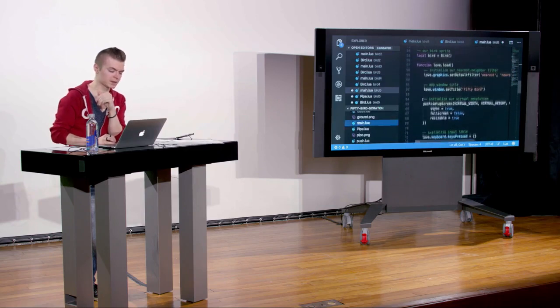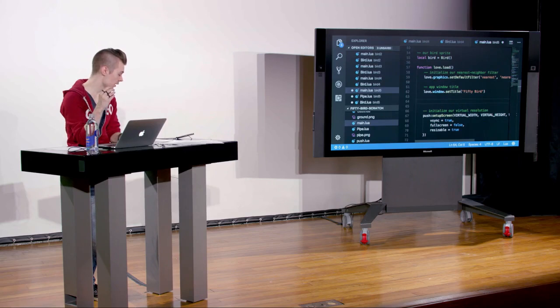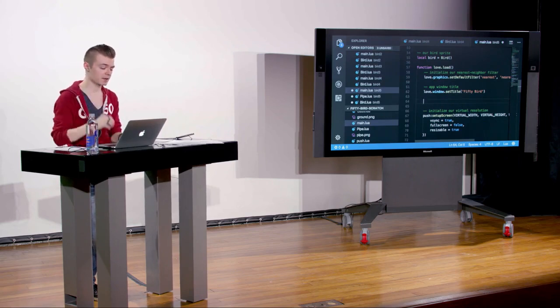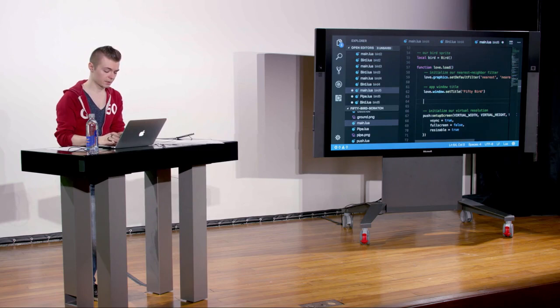I don't think I set it in this example, but yes, you would set the random seed here if you wanted it to run every time. Oh, sorry. And the question was, should we set the random seed in the bird file, or should we set it in main.lua? Typically, you want to set it at the top level of your application, so we're going to go ahead and set it in main, and the function itself is